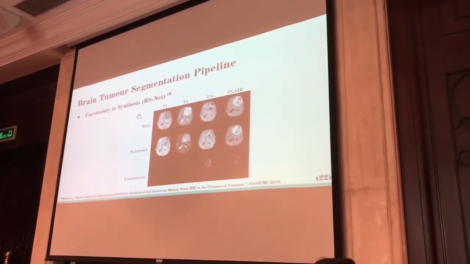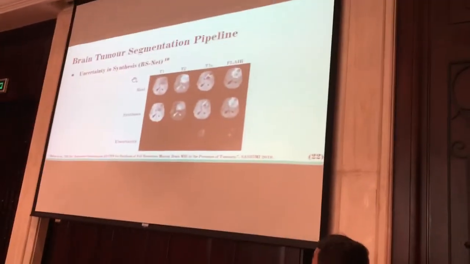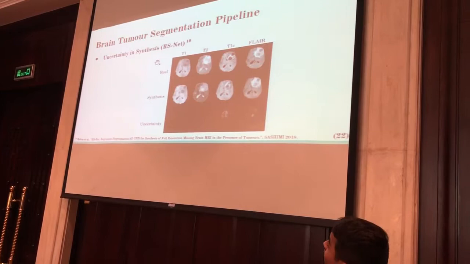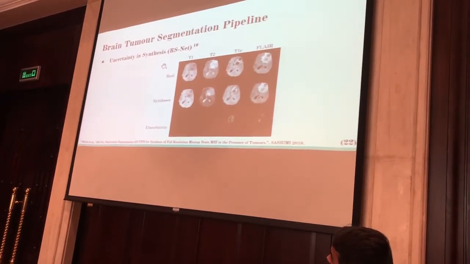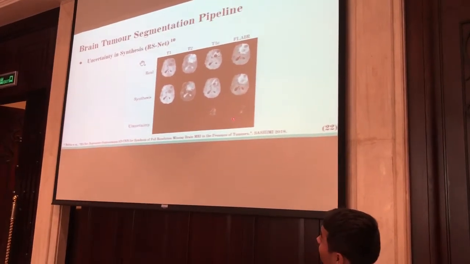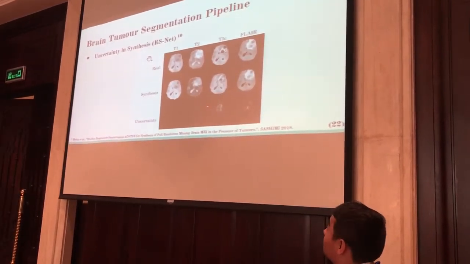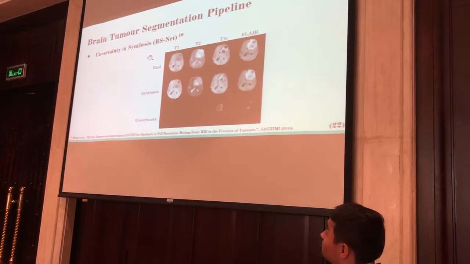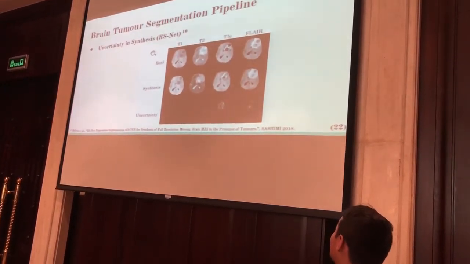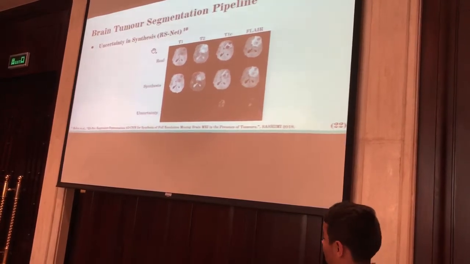This will allow us to see if propagating uncertainty was useful or not. As I said, in the brain tumor dataset we have multiple modalities. These modalities are T1, T2, T1C and FLAIR. If you look at the synthesis of a modality using the other available modalities, we can see that for T1C and FLAIR we were making more mistakes and uncertainty was higher. So for this work we follow this paper's output,